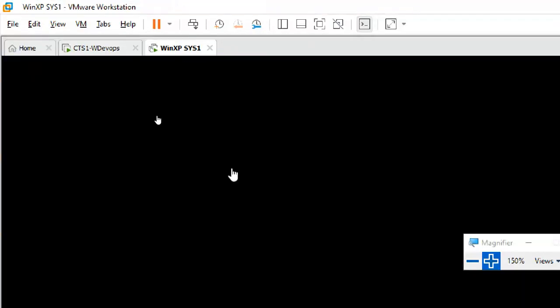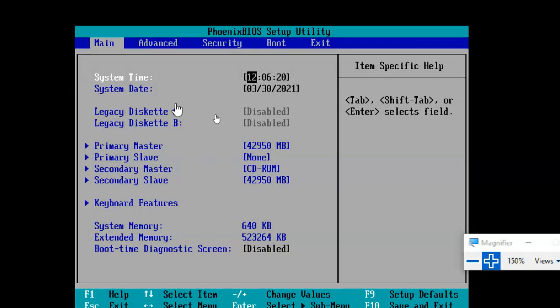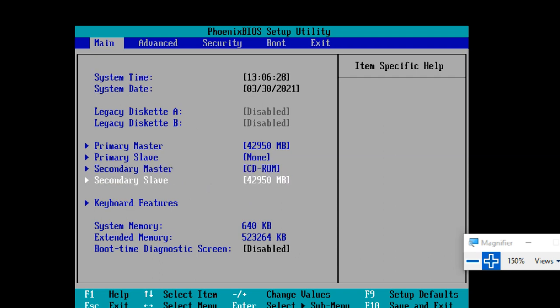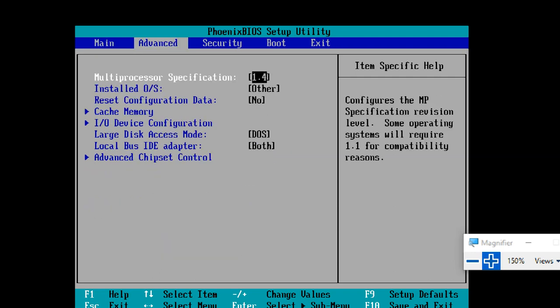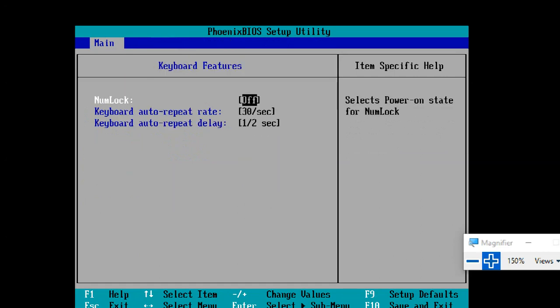Before that, I am going to show you how the BIOS settings look, showing all the options. These are the key features. I press enter.